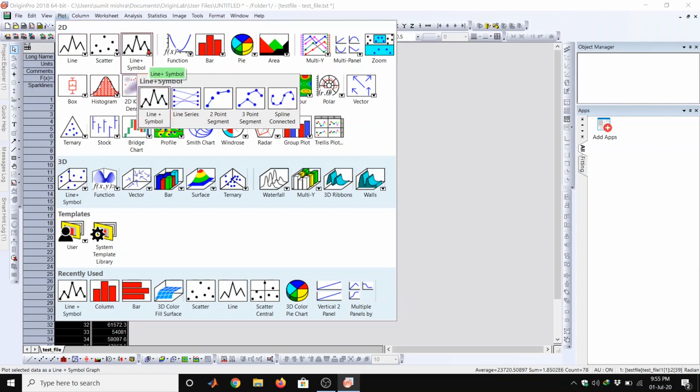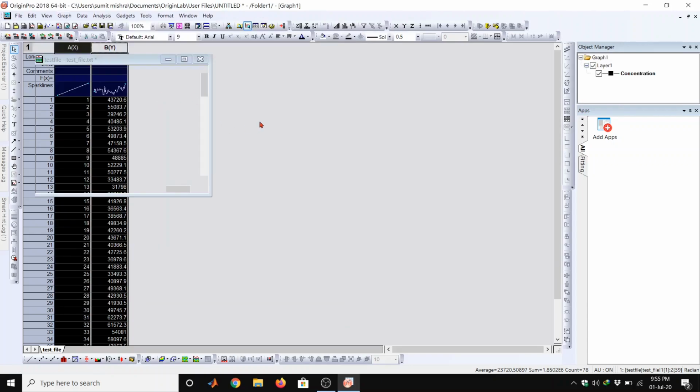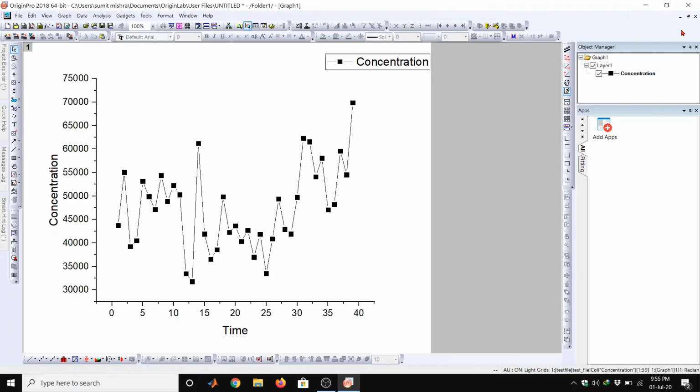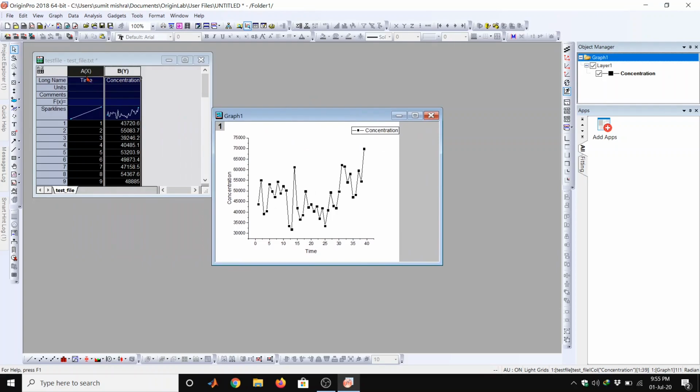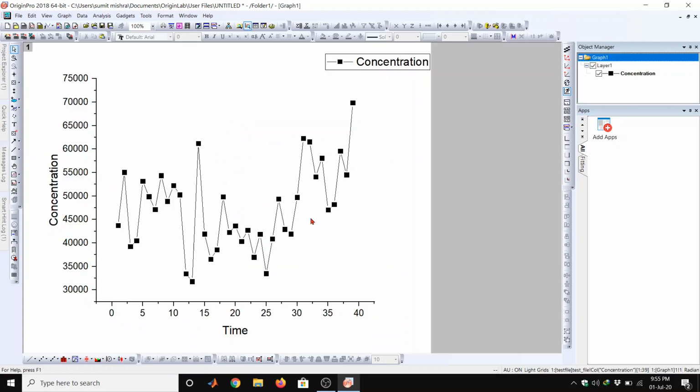You can also have some option like line plus symbol. So now I am choosing this option. So you can see here that your data, means time, is on the X axis and concentration is on the Y axis. So this data is plotted here.